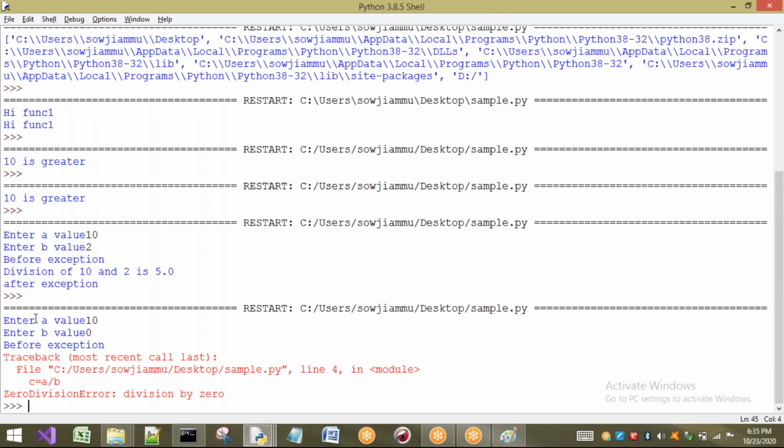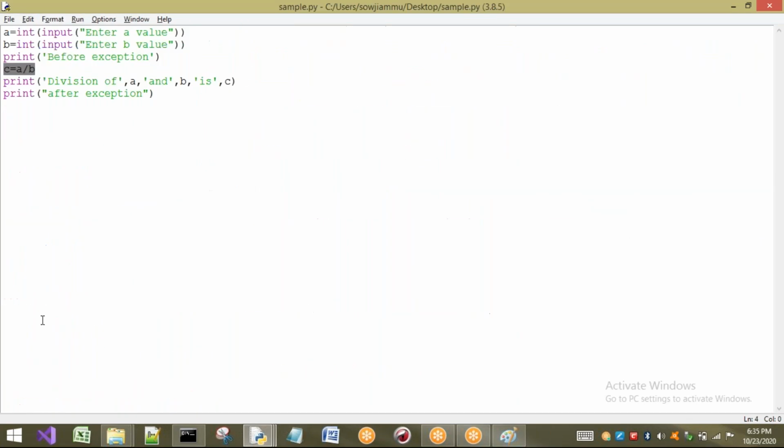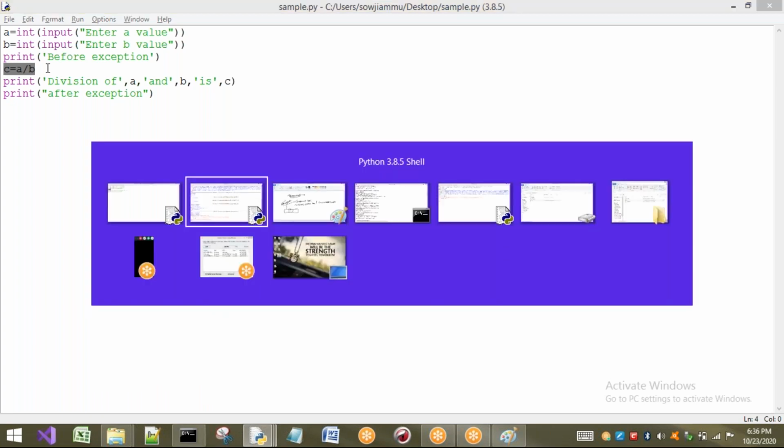Now if you observe, up to here there is no problem. In the first 3 lines, there is no exception, so it is printed. Here there is an exception. Because of this statement, there is an exception. So after this, the program will not execute normally. Abnormally, from here, we are going to terminate it. The program is going to be terminated, or we can say stopped, because of this single line.